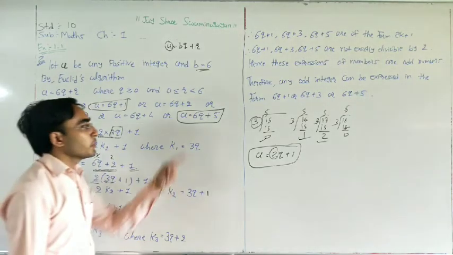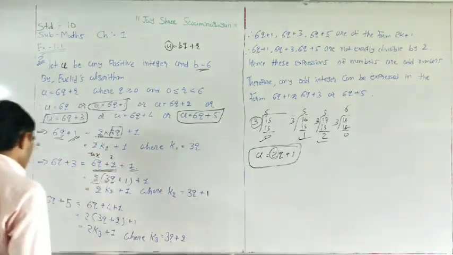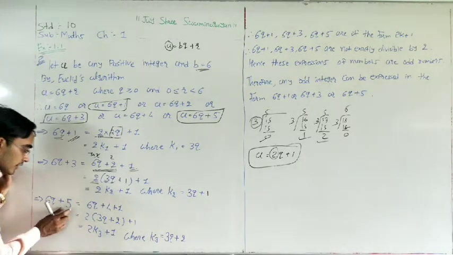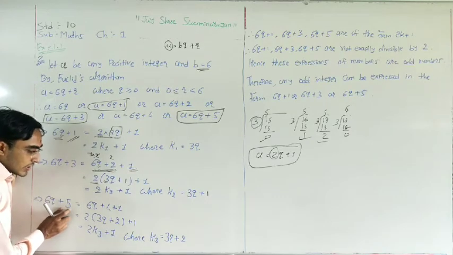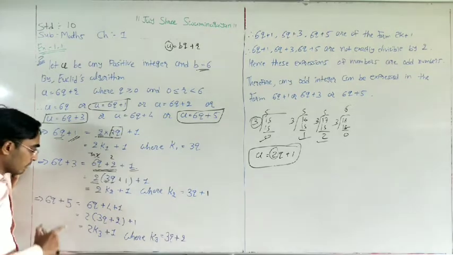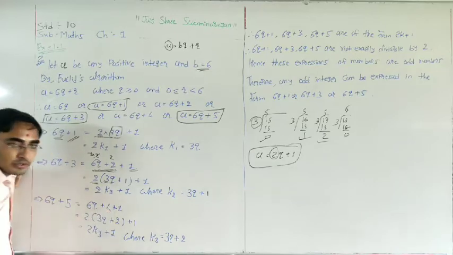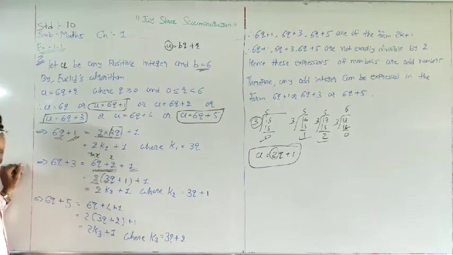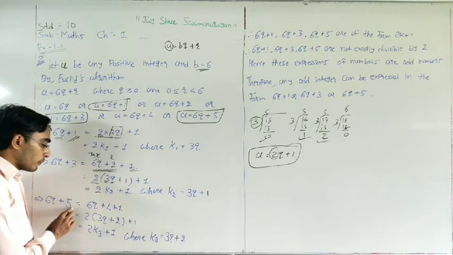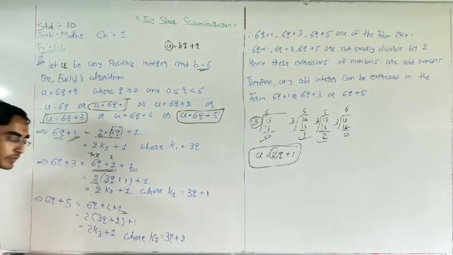Then third possibility, 6q plus 5. Third possibility, 6q plus 5. Again, here I have 5, right? But I want only 1. 2q plus 1. So I want here 1. So in place of 5, I can write like this, 4 plus 1. Then plus 1, that we want. So in place of 5, we can write 4 plus 1. So I get here plus 1. So this plus 1 remains as it is.